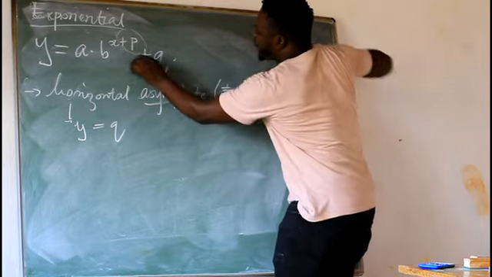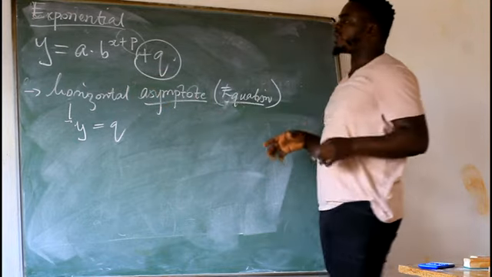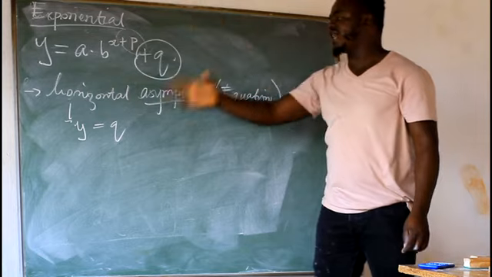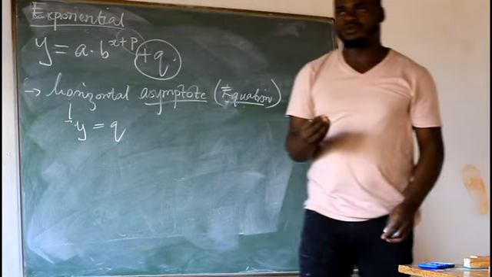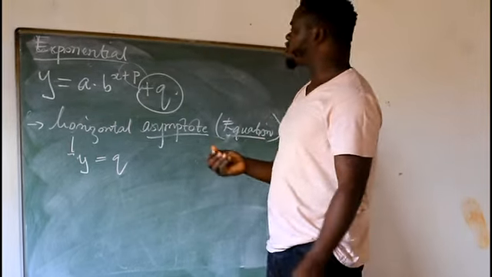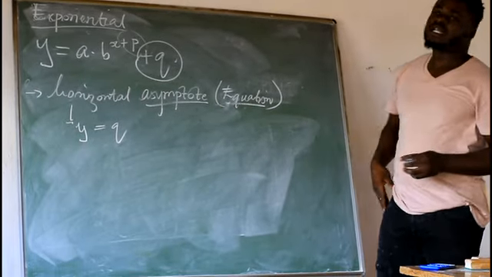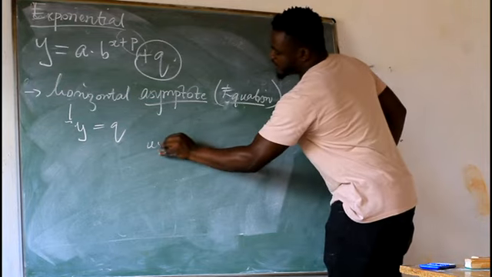It's going to be y equal to q. You take even the sign. Y equal to q. That is the horizontal asymptote. Now, the horizontal asymptote is a line to which the graph will go closer, but it will never touch it. Let's take for example,